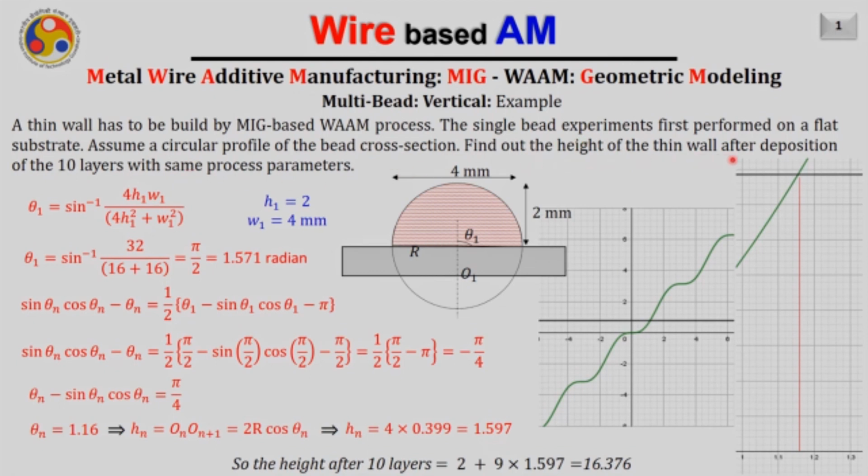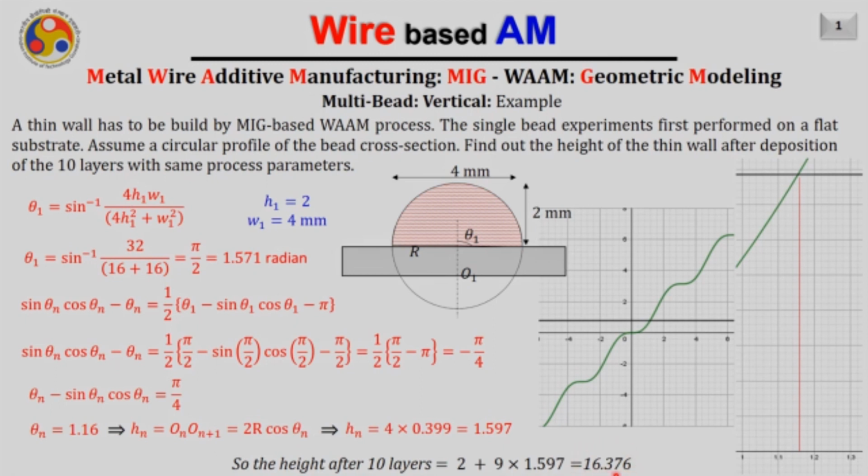Now let us go back to the question. It asks to find the height of the thin wall after deposition of 10 layers with the same process parameters. The first bead or first layer will be deposited on the flat surface, therefore its height will be 2 mm, which is why 2 is written here, and the next 9 layers will be deposited on top of it. We have seen that if we deposit on such a curved surface, the height of the bead is going to be 1.597 mm. Therefore the total height after deposition of 10 layers will be 2, the height of the first layer, plus 9 into 1.597, and it comes to be